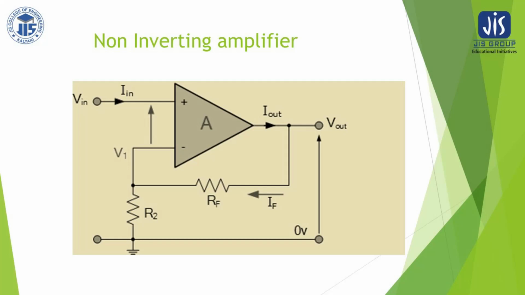Now this is our non-inverting amplifier. In the non-inverting amplifier, this point is grounded, and at the non-inverting terminal we have applied an input voltage. And again we can take this consideration, Vd is equal to 0. The difference between the two terminal voltages is 0. So therefore as it is Vi, this voltage is also Vi. Therefore if we write a KCL here, then Vi minus 0 by R1 is one current, another current is Vi minus V0 by RF. So these two current summations should be equal to 0.